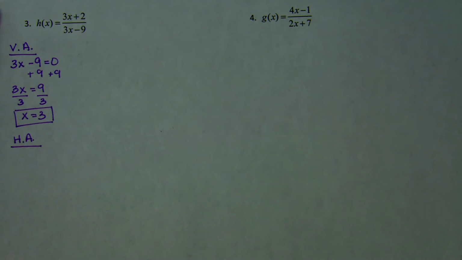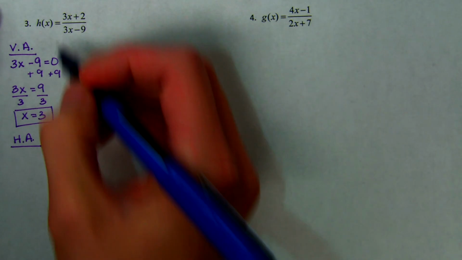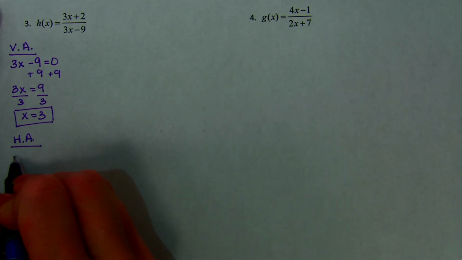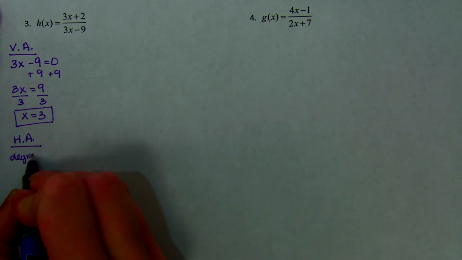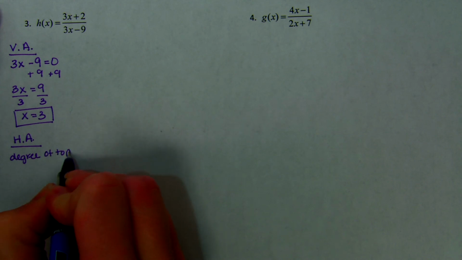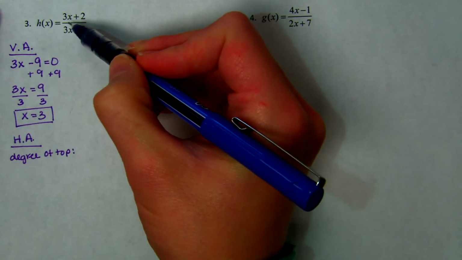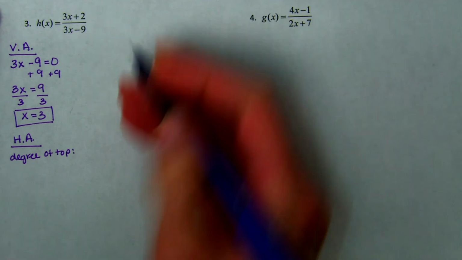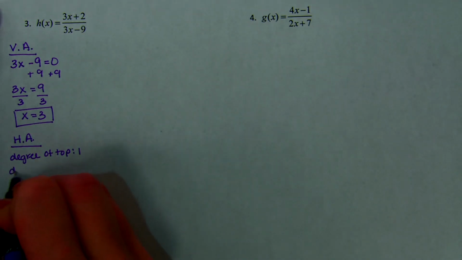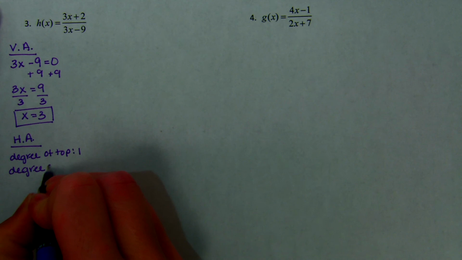What we do is we compare the exponent on the top to the exponent on the bottom, and whatever that relationship is what tells us what we write down for our horizontal asymptote. So if I look at this, the degree of the top, it's got a 3 in front, but that's not the degree. The degree is the exponent. And so the degree of the top is 1, and the degree of the bottom is also